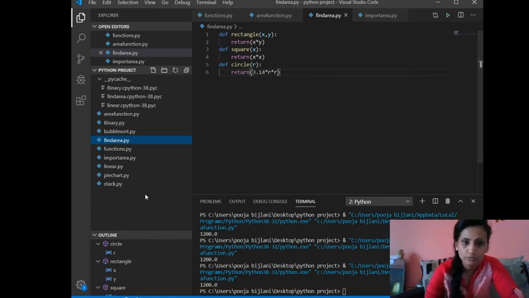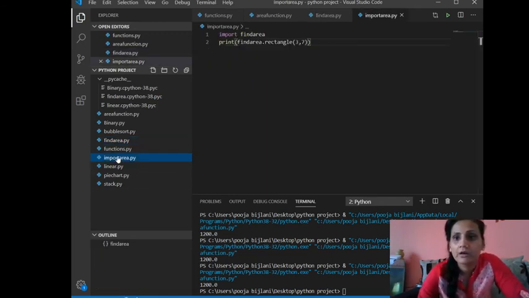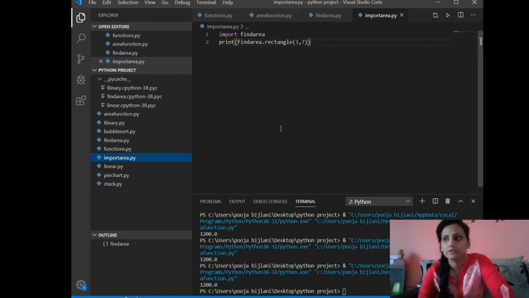See how we can do that. I'll show you this. Import area.py is my another file. Previous file is findarea. Import findarea. So this is the file where I have 3 definitions of different shape areas I am connecting or importing to this particular file, and I am writing print findarea dot rectangle.